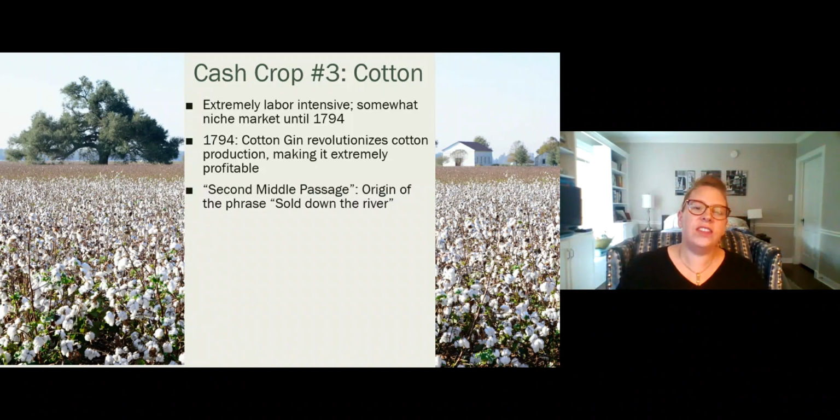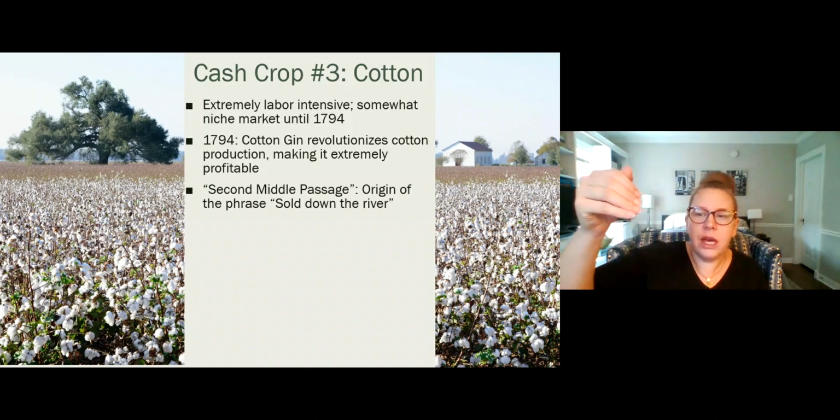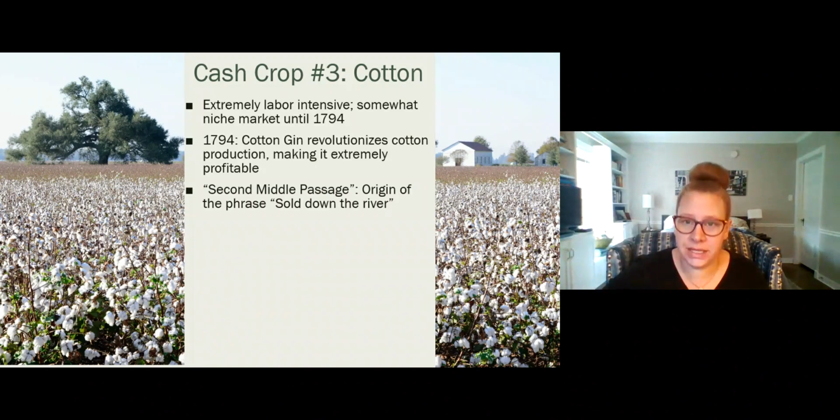This leads to what is called the Second Middle Passage. Okay? Tobacco was mostly farmed in the upper South, cotton in the lower South. We're talking about Mississippi, Alabama, Georgia, Louisiana, into Texas. The Second Middle Passage was the movement of all of these slaves down into the lower South. Okay? And this is the origin of the phrase sold down the river. Okay? The rivers head south. You don't want to get sold down the river because the further south you go, the more conditions start to resemble the Caribbean. You have these huge plantations, and